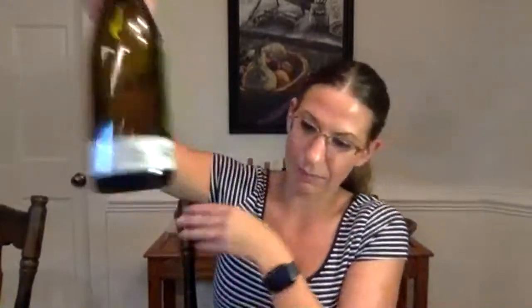Number 1 is indeed from Oregon. It is an Oregon Pinot Gris. Eola Hills is the producer. It is from Eola-Amity and Willamette Valley Pinot. It is that classic easy drinking style Oregon Pinot Gris. So slightly more floral, a little bit more round, higher levels of alcohol content, and lower levels of acidity. So those delicate white flower notes would clue me in that it's probably that easy drinking style of Oregon Pinot